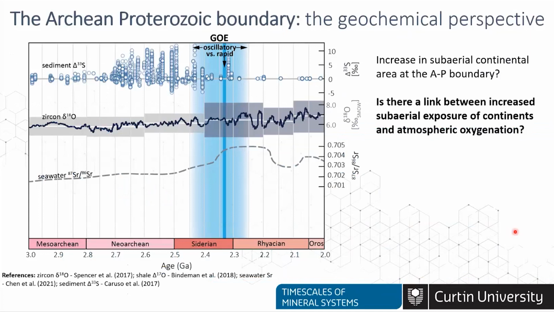Coming back to this figure, if you remember the title of my talk, you know that I'm not only going to talk about continents, but also about atmospheric oxygen. Because temporally overlapping with these changes in the zircon and shale oxygen isotope records and the seawater strontium curve, Earth's atmosphere, or the oxygen level in Earth's atmosphere, rose. And this oxygenation event in the Paleoproterozoic is termed the Great Oxygenation Event. Before the Great Oxygenation Event, we had no or only negligible amounts of oxygen in the atmosphere, and then oxygen